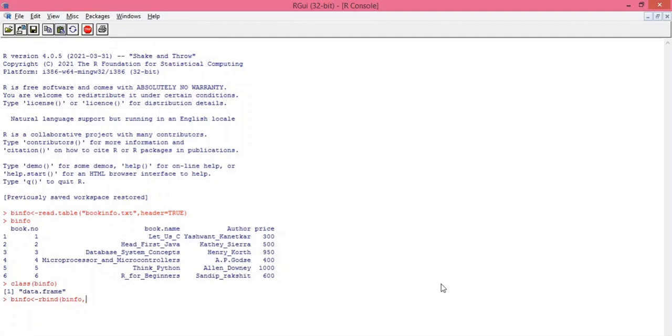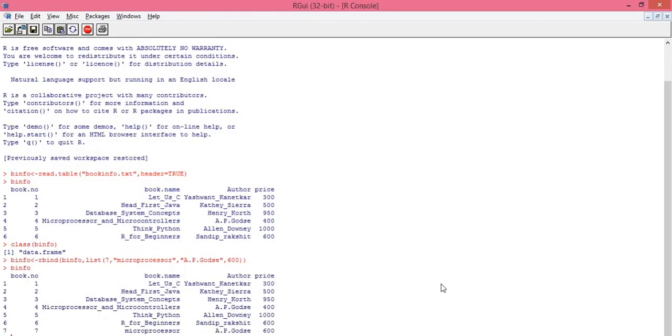Now new row, list, name of new book, microprocessor, suppose, name of author, and then price of book. binfo, see, new data is added here, book number 7, book name, author name, and price. Okay, now let's export this data to the new file.